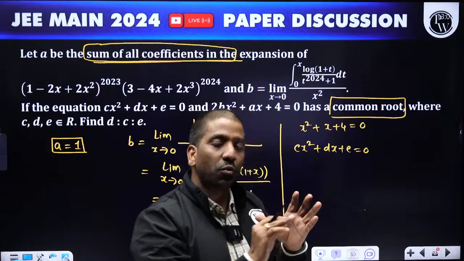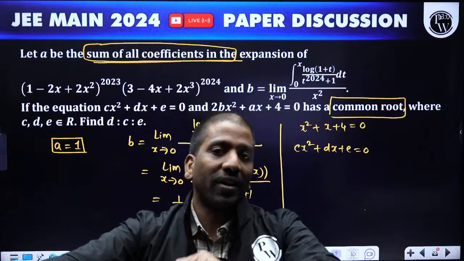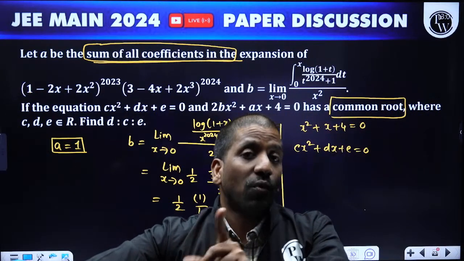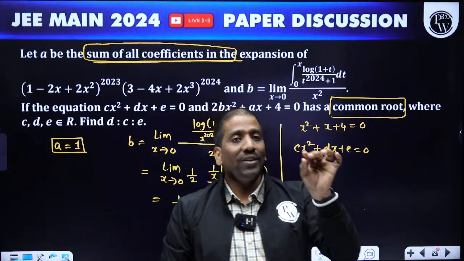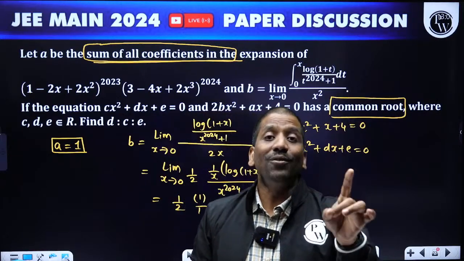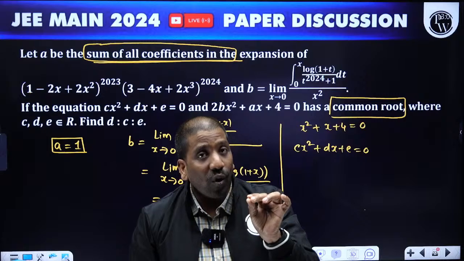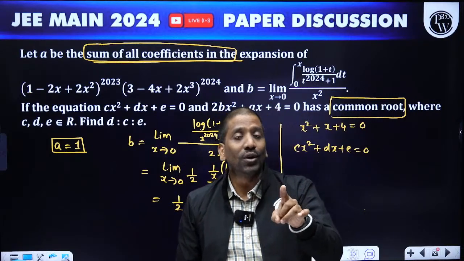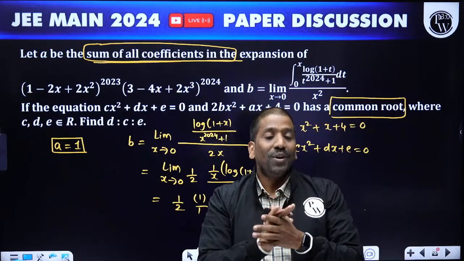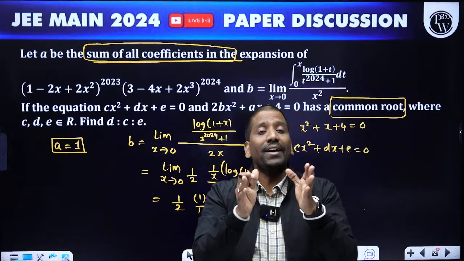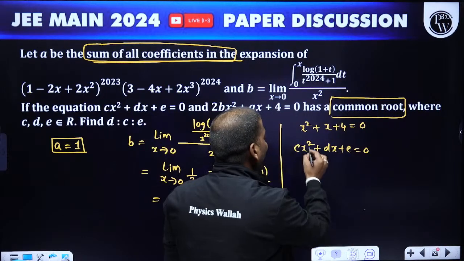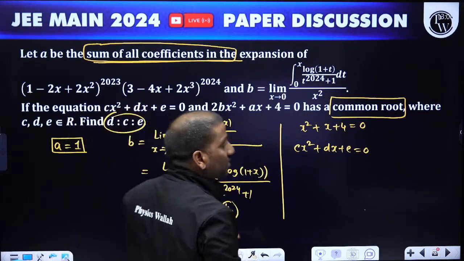When two quadratic equations have a common root, we get different cases. There is a big condition, right? The square is equal to the product of the two. The second case is when one of the quadratic equations has complex roots. When one quadratic equation has complex roots, both roots must be the same. So then both equations must be the same. When both equations are the same, the coefficients are in the same ratio. So that's the point we have here. Whenever we have the ratio, obviously such a point will be present.